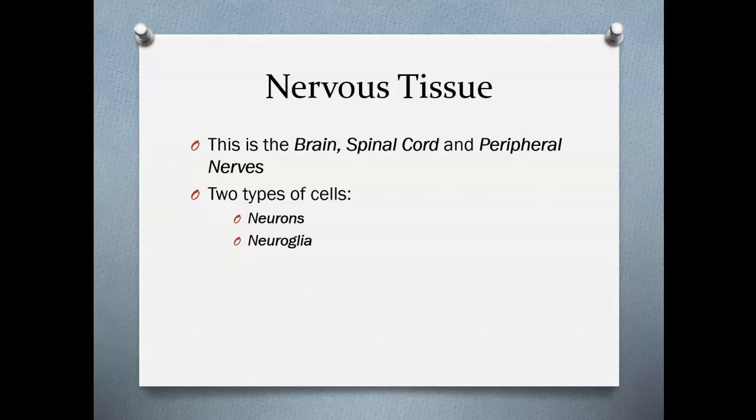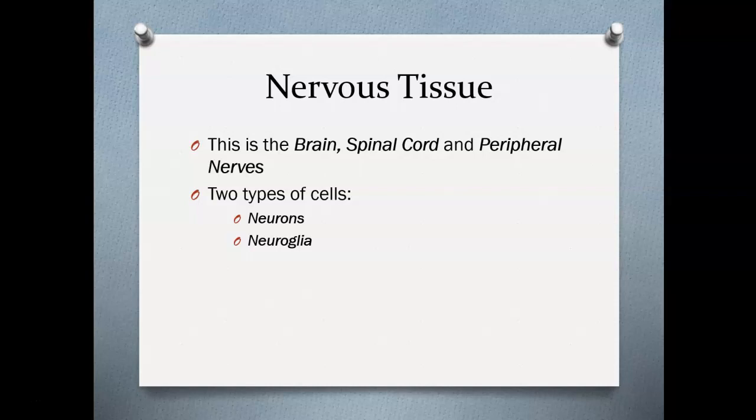So, we talked about epithelial, we talked about connective tissue, but we have to remember, of course, there were two others that were the big ones, which was nervous tissue and muscular tissue. So I just want to talk briefly on those two. Obviously, in Clinical Anatomy 1, we'll be spending a lot more time on muscle tissue. And then in semester 3, there is a neuroanatomy course where you'll be spending a lot of time talking about